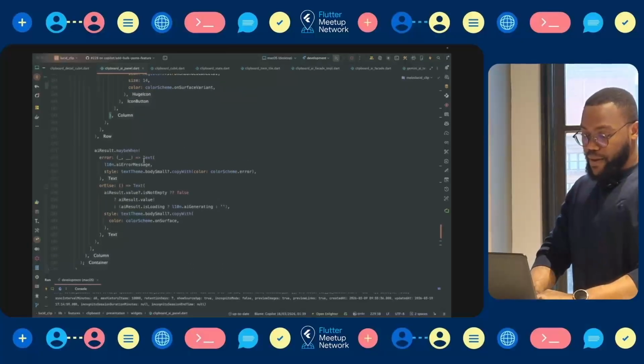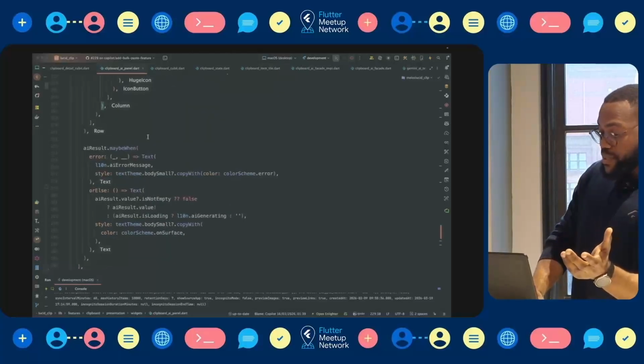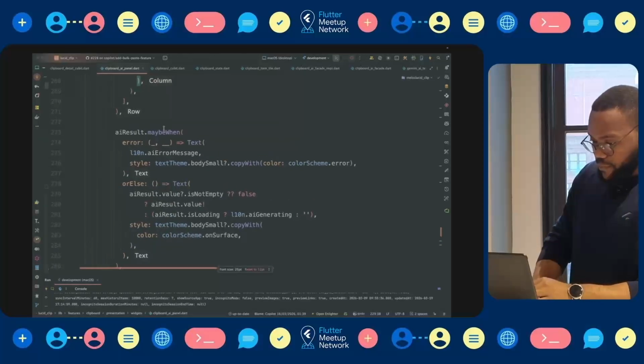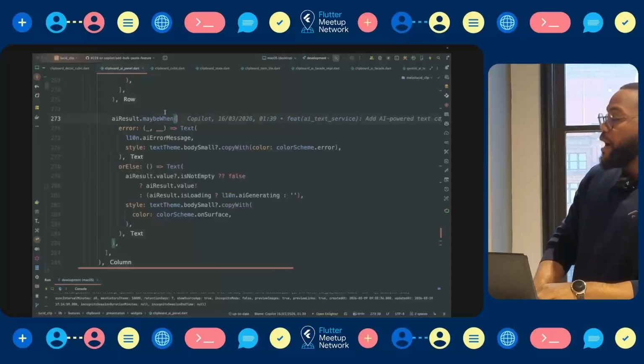And if an error occurs, it's also handled fine, because I have